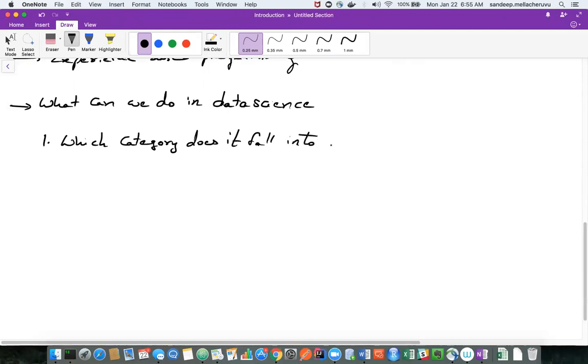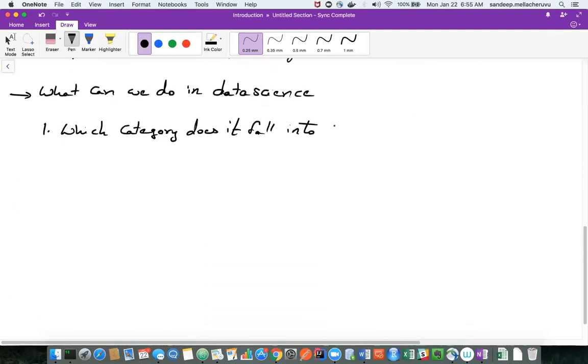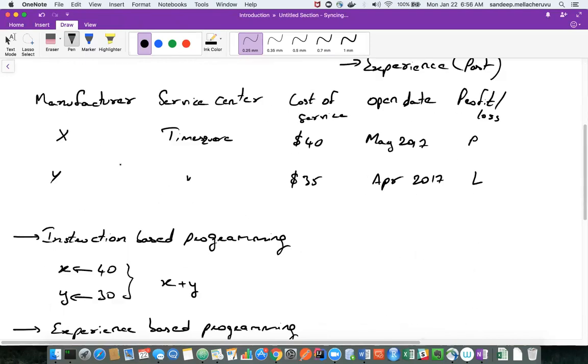So the tiger example that I gave you is the same question that I have, right? I have different kinds of animals, and which category does this current animal fall into? In data science terminology, this is called classification.